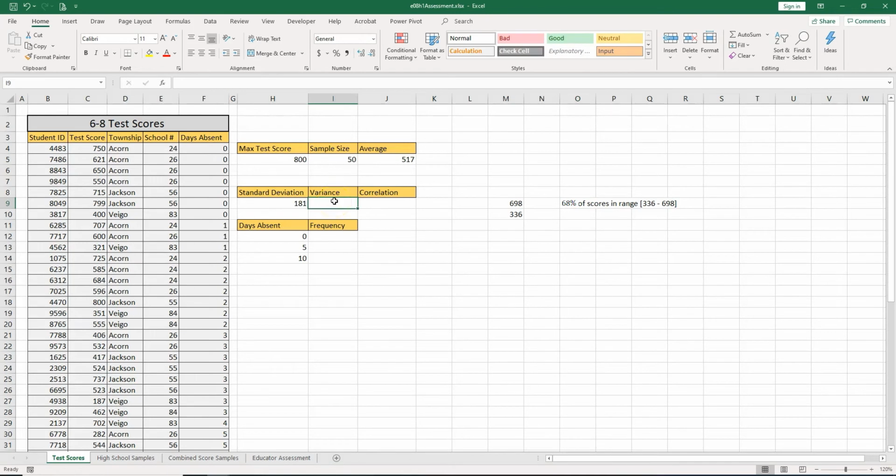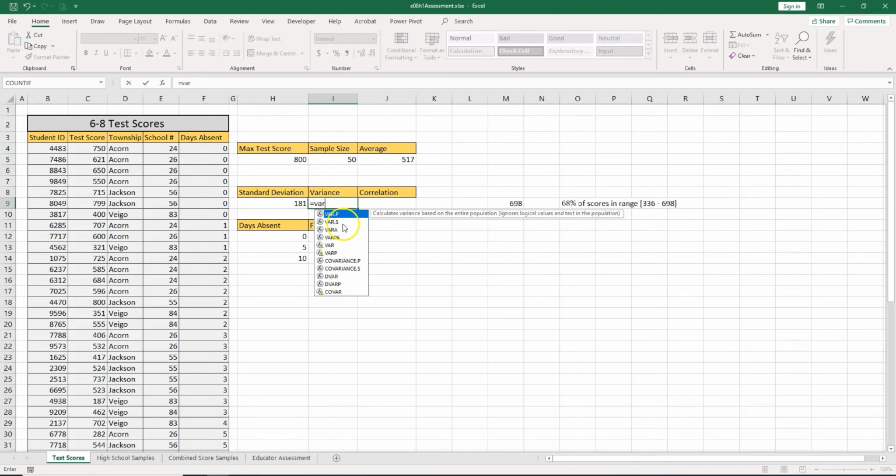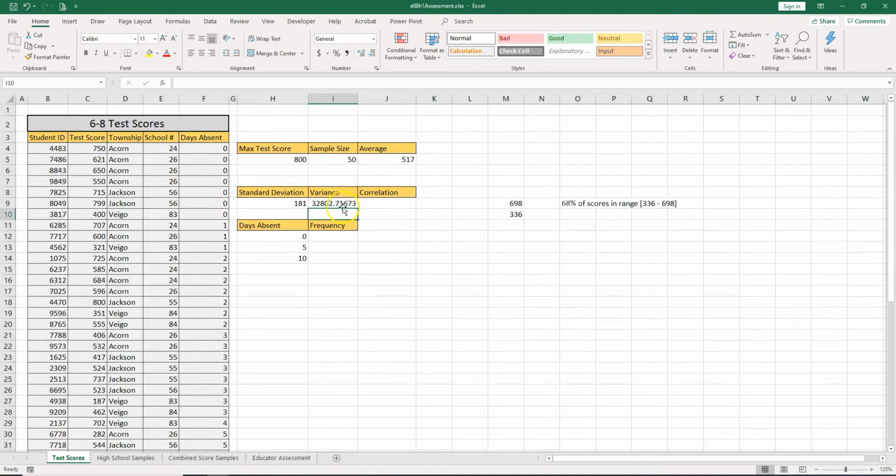The variance is basically 181 times 181, so it will be the standard deviation squared. But we can also use Excel, so we can use the variance for a sample again. Okay, and we get the numbers. So the numbers would be all the test scores. And we got that number. So let's remove the decimal places. And let's just, for the sake of testing this, take the number, multiply it by itself, and we got the same one.